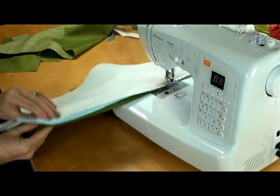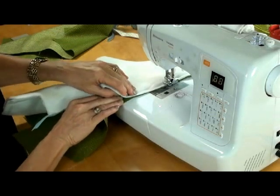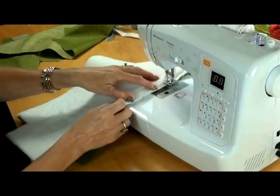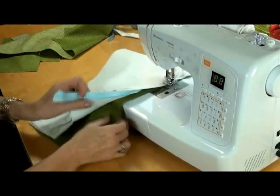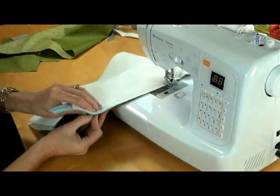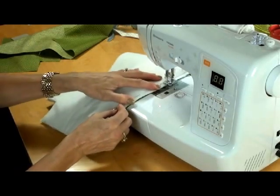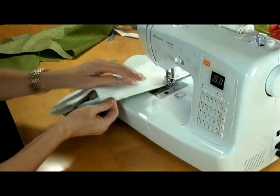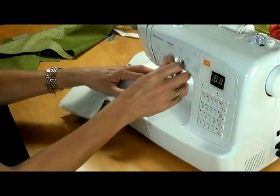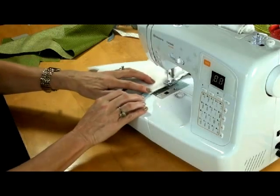So just make sure we're all lining up. And the beauty is when you're sewing in zips like this, if it doesn't look perfectly neat when you turn it the other way around, you can always go over the stitch line again. If there's any missing bits or your stitch line isn't straight, it's not the end of the world. That's just going to take me